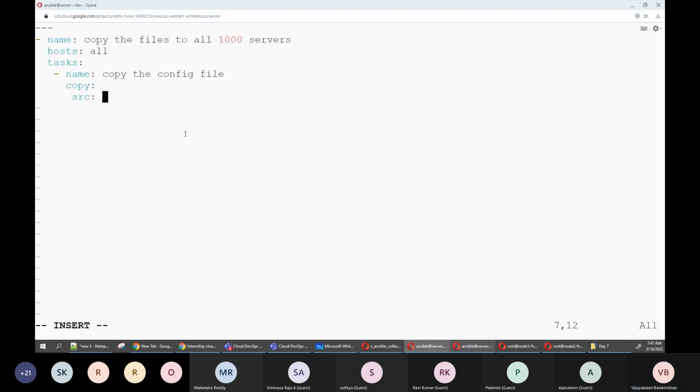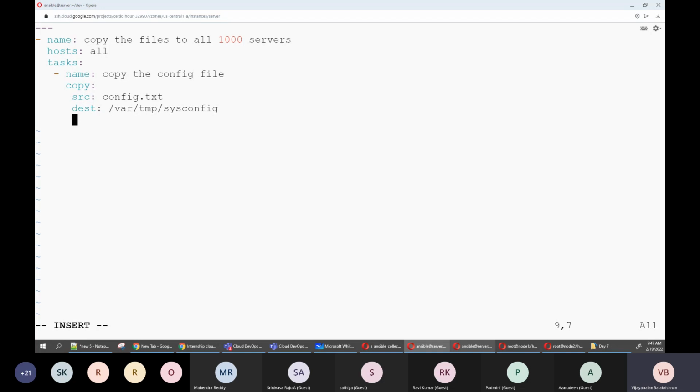So say config.txt, and then dest, the destination. What is the destination we need to give? You can give, say, /var/tmp on all machines, or wherever you want to place this file. Under /var/tmp, under which name you want to put it? Say sysconfig. This is the file name I want to copy under /var/tmp. Actually, this is fine.